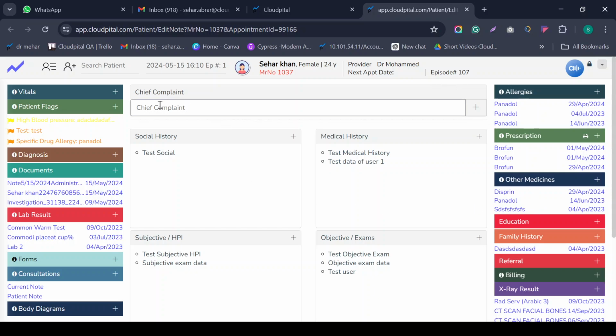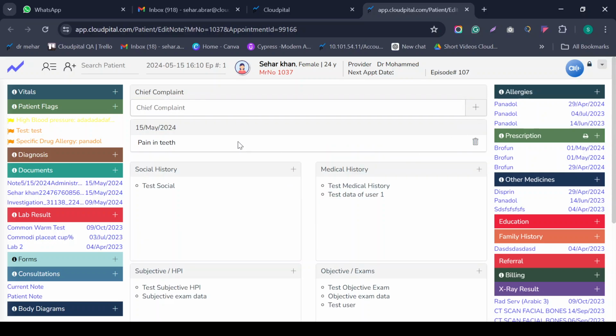First, we have to add the chief complaint data in the main screen. For example, because I'm making a dental appointment, I'm adding the chief complaint of pain in teeth. Just click on the plus button to add this chief complaint to our list.